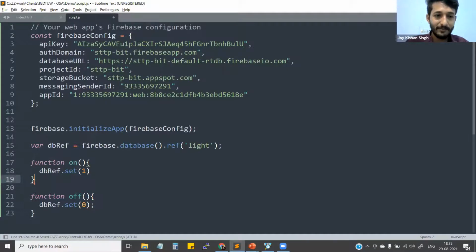Again, let's just put a semicolon. Well, it's not required. Like I was not putting any semicolon, but again it was working. But this time I'm putting the semicolon right here. Okay, so let's save this one, and let me see the chat box again.